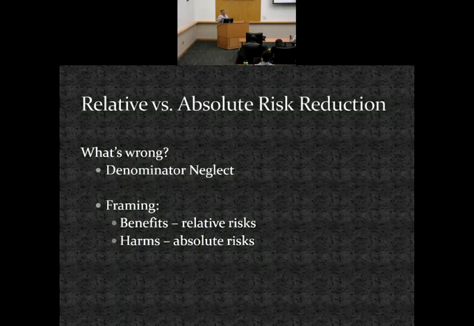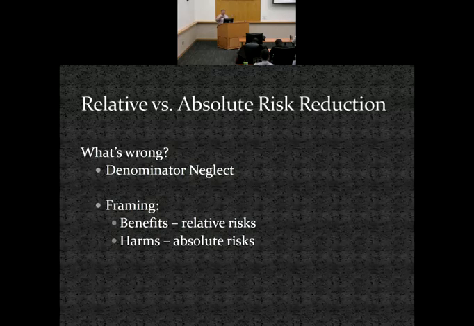And this relative risk, absolute risk thing is also a challenge. There was a great article by one of Gerd Gigerenzer's mentees, Wolfgang Gaissmaier. He did a study where he reviewed all of the abstracts over several years in the major journals like the New England Journal, JAMA, and the Lancet. He noticed that often the benefits are framed as relative risks and the harms are framed as absolute risks. You see this: aspirin reduces the risk of stroke by 20%, but was associated with a 1% increase in intracerebral hemorrhage. That doesn't mean anything. You can't actually compare those two statistics.